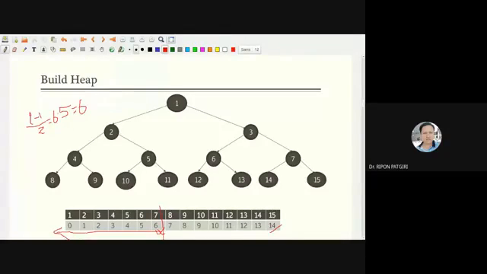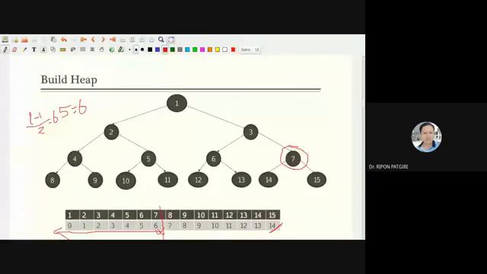So we have decided where to start: the last internal node, calculated from the last index. The last internal node may have a single child or two children. From it, we have to decide which one is the largest.